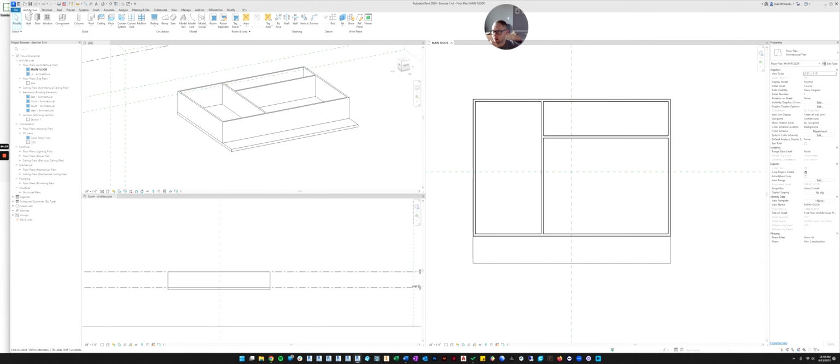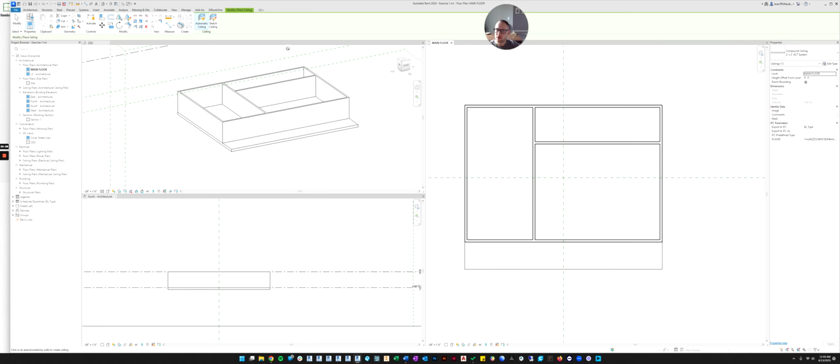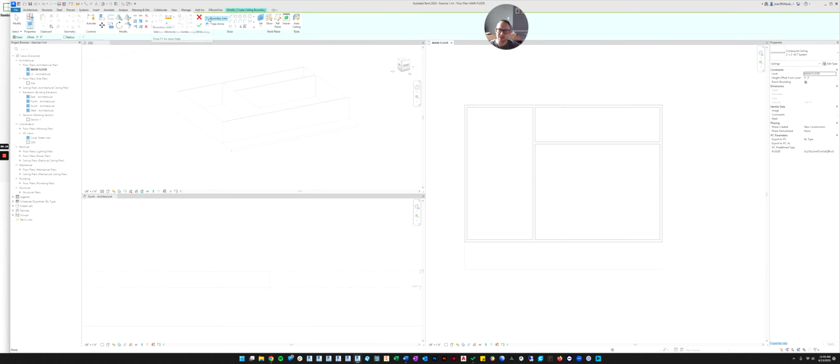So if we go over to the architectural tab, there's a ceiling command, and it gives us two options. Do you want to automatically try to create the ceiling, or do you want to sketch the ceiling? 90% of the time I sketch the ceiling. So I hit the sketch button, and now it gives me the same tools that you already saw in the floor command. We're just going to draw a sketch here. So let's draw a separate ceiling for each room. So let's first do what I'm going to call the bedroom. So we'll draw that rectangle, and now we'll click finish.